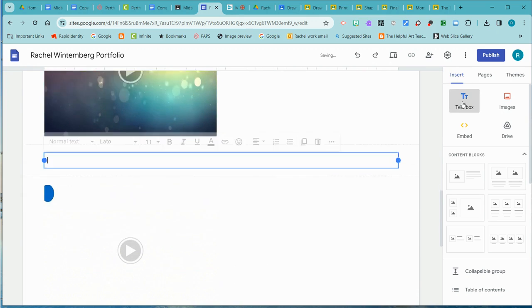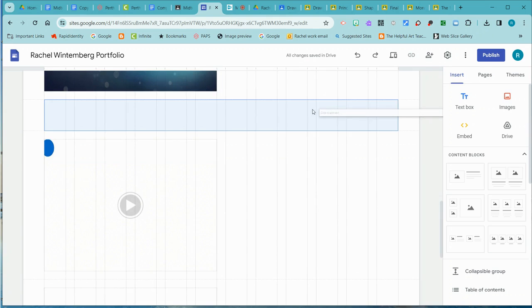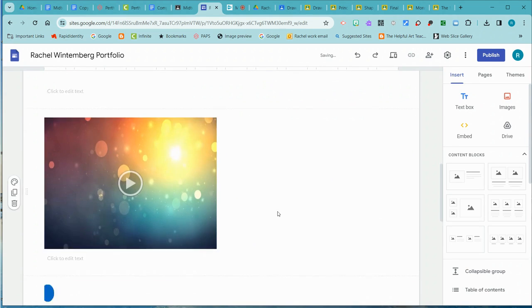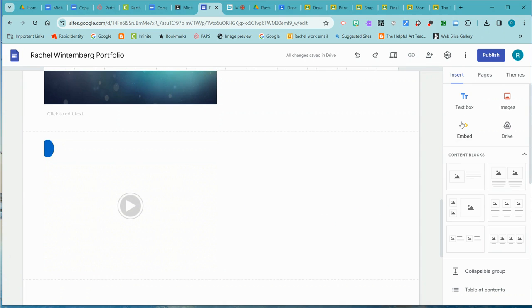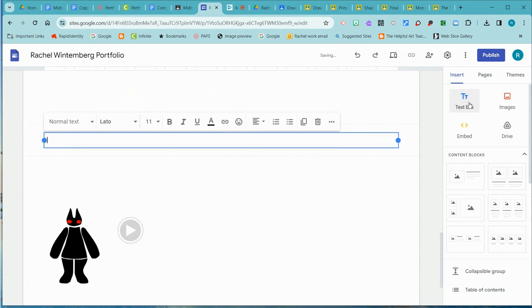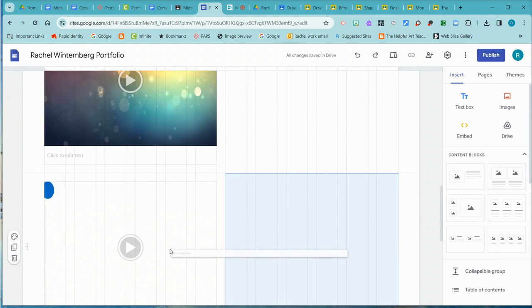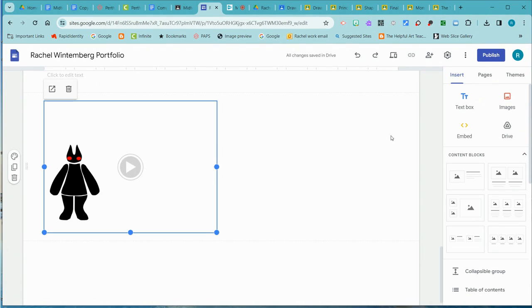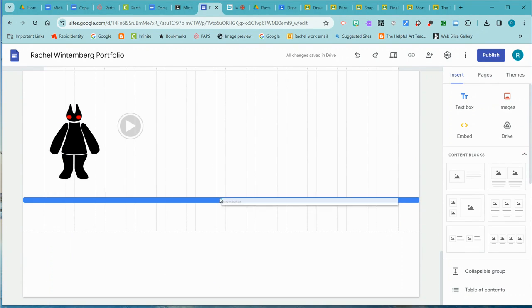You go over here to Insert Text Box, grab it, and you attach it to each file. So each one of these files is going to have a text box attached to it,